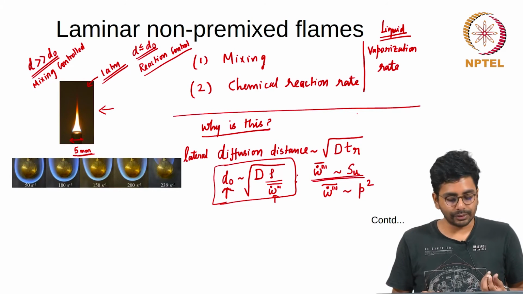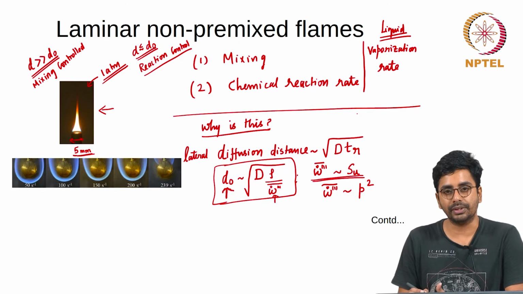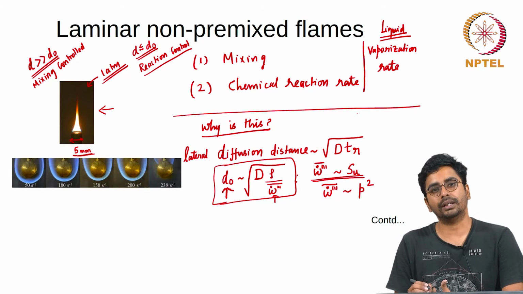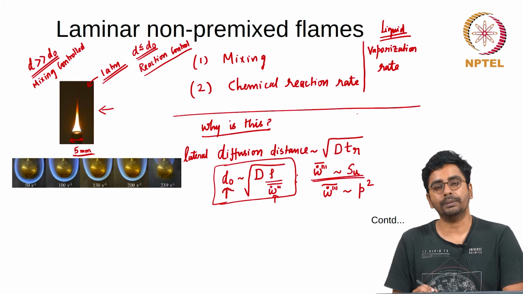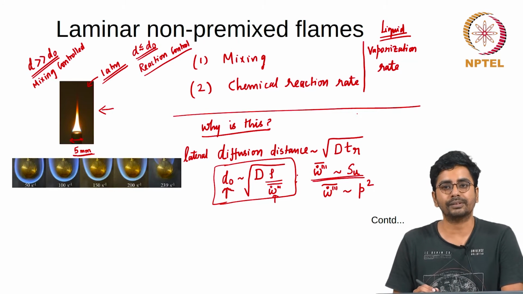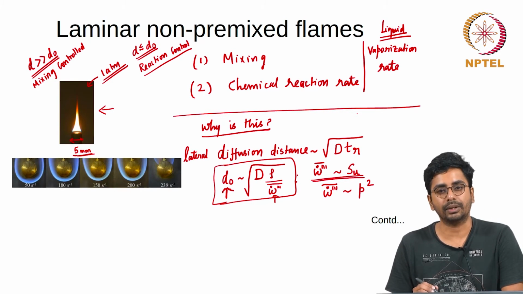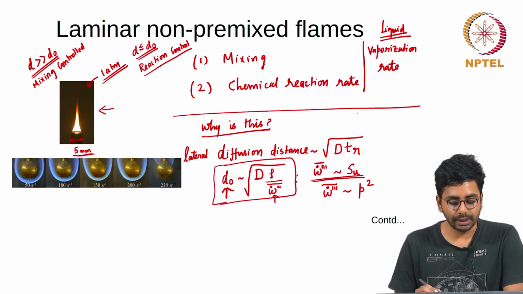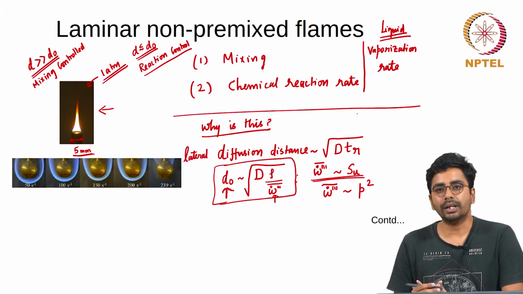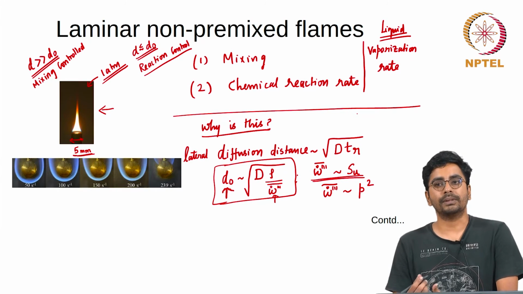Another strategy is to simply keep decreasing the diameter of the fuel jet till it becomes comparable to D0. That is what typically happens in a composite solid propellant, because we have ammonium perchlorate particles with a size ranging from as small as 0.5 micron to as large as 500 micron. Therefore, even under non-premixed situations, smaller particles will tend to behave like premixed particles, controlled by premixed reaction rates.